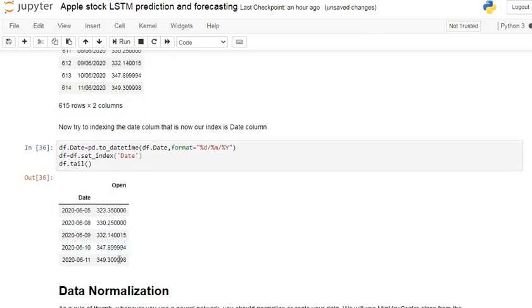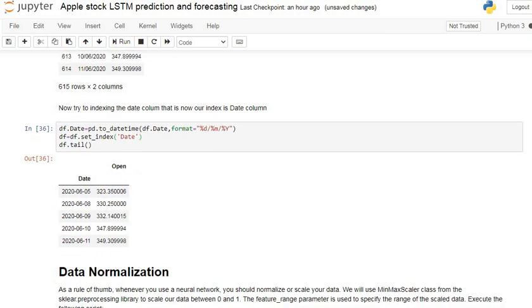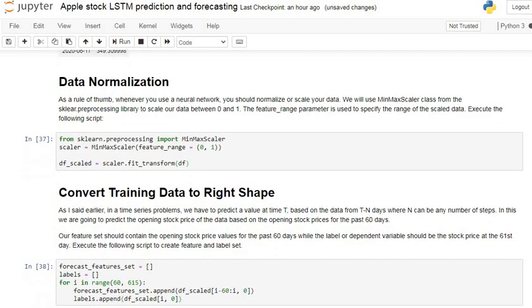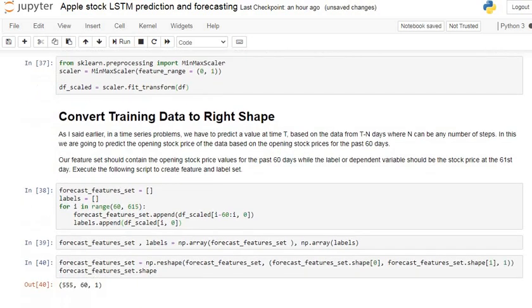After that we change the indexing. Here we index all these opening stock price values by date. After that we go for data normalization, which is necessary in a neural network. Then we obtain the right format of our data.